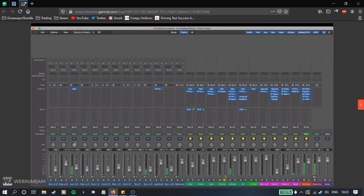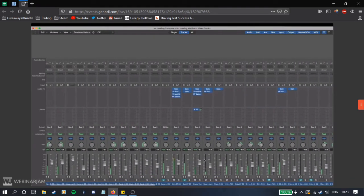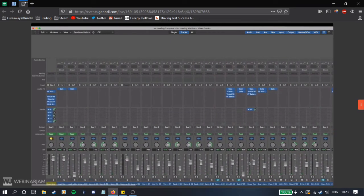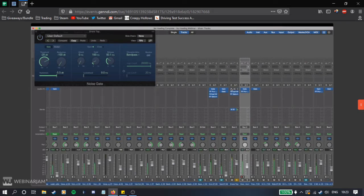But then we also have this electric kit. So let's just solo the acoustic drums here. Now on the snare itself, you can see I've got a snare top and a snare bottom. And I've got a gate on both of these, because without the gate, if we just solo the snare top... all the time. And then with the gate,